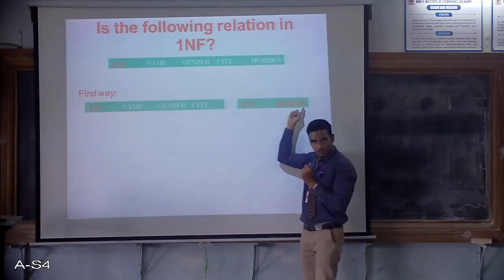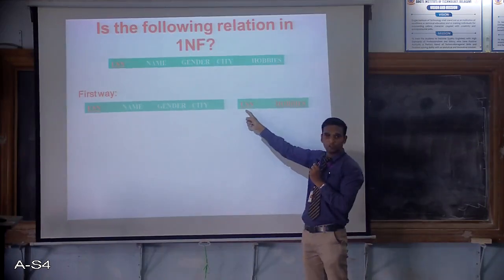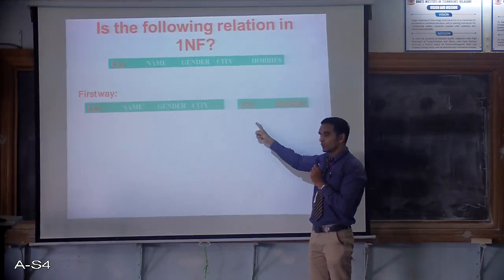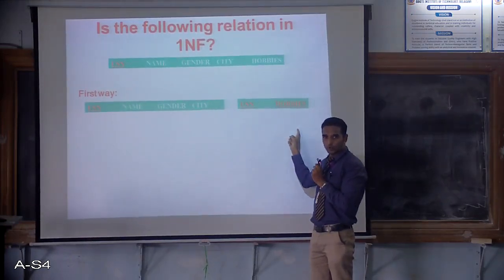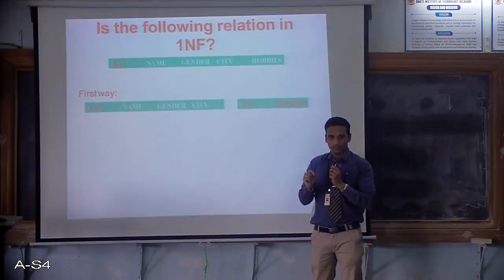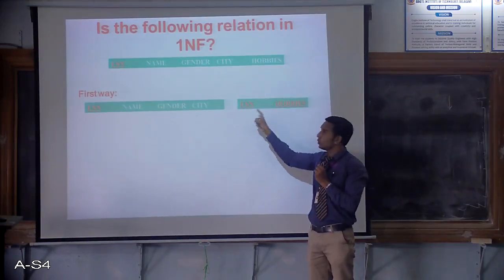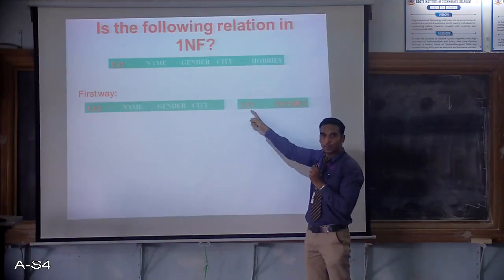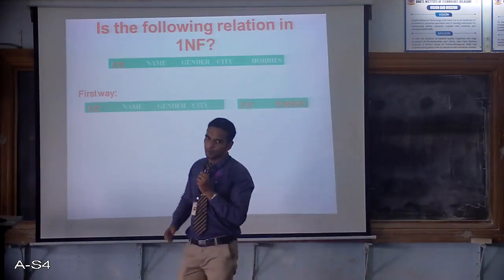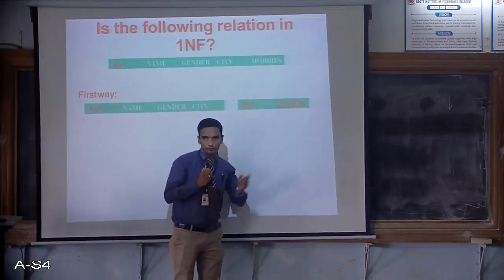Now look at this table. Hobbies was taken out and I have underlined it. I have made it a primary key along with USN. So USN1 cricket, USN1 football, USN1 badminton, USN1 snookers. So every row will have a scalar value in it. Getting this? So this is the first way of how you can decompose a given relation into 1NF and designate both of them as a primary key. Because we know now the concept of primary key, no tuple should be repeated. So together they should not be repeated for me. So this is the first way of doing it.